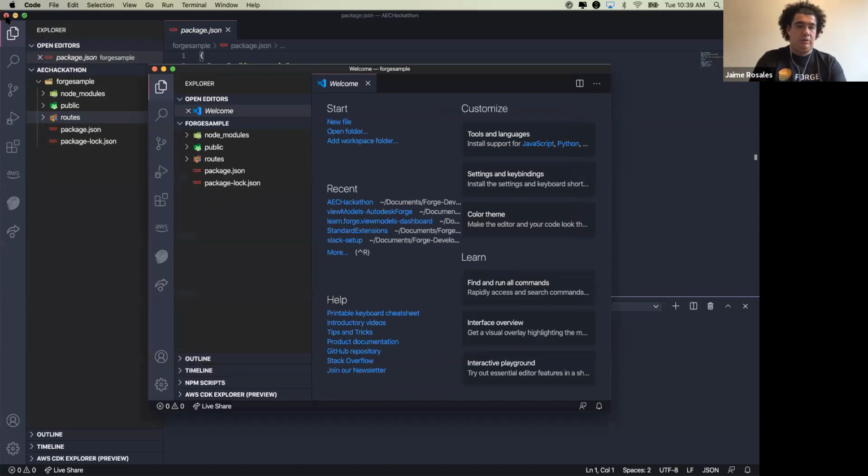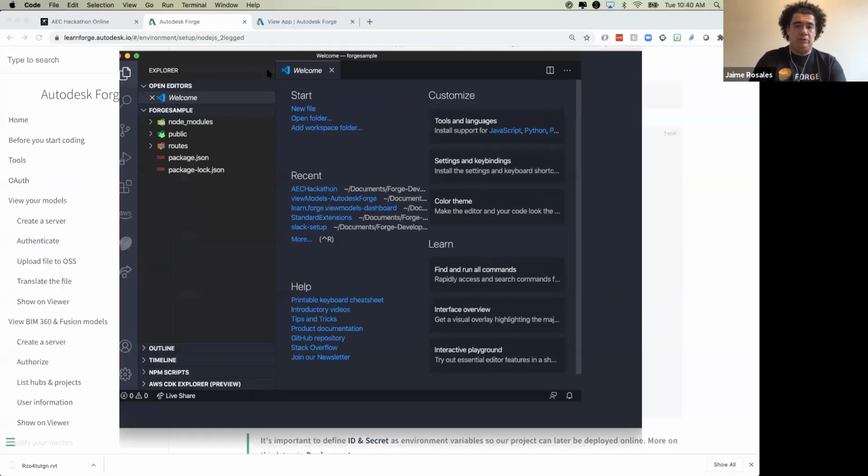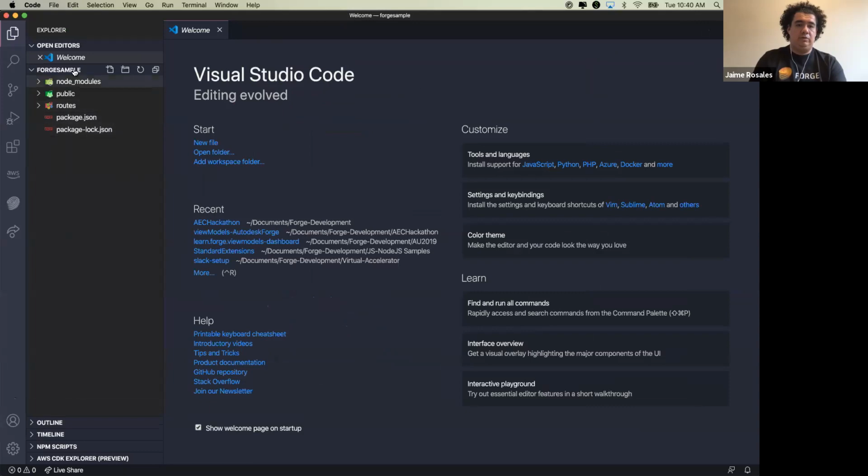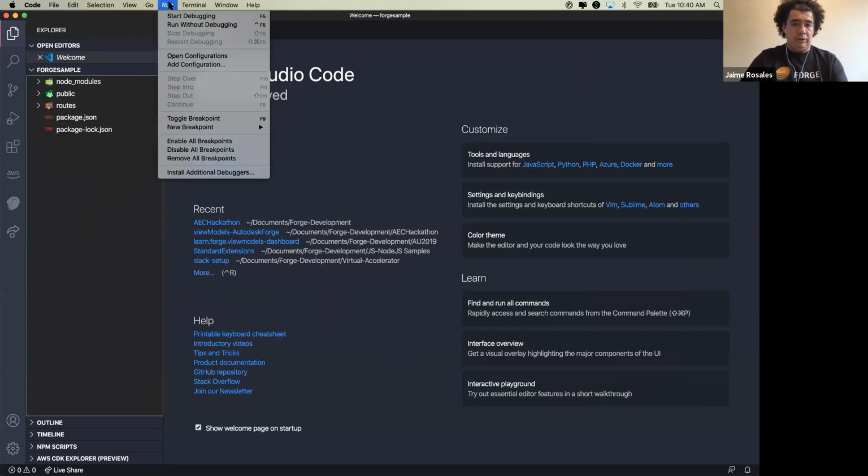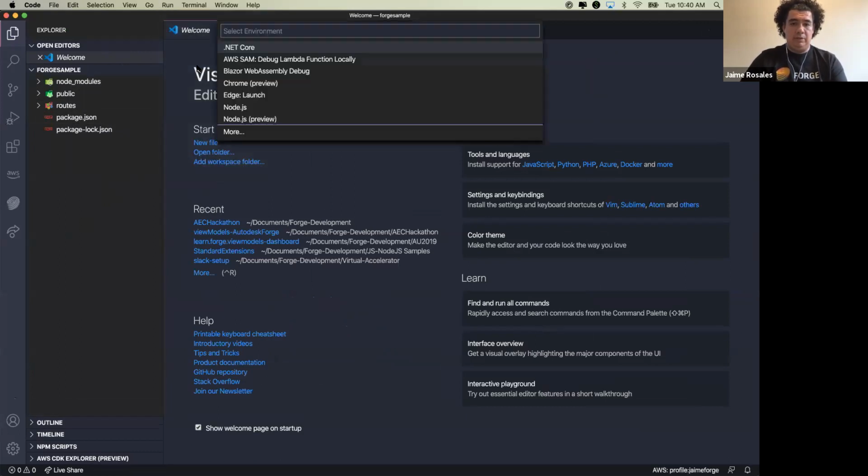Yes, so kill this one. What I just did is set Forge sample as my main folder, and that way if I add new folders and everything, they all come in here and I don't have to worry about selecting somewhere else. Okay, so now if we go to run, we have a way to add a configuration, and then